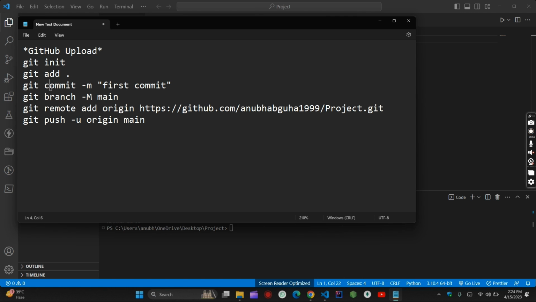Now we are doing the commit, and we say it as a first commit, and then we are assigning a branch. This one is a branch that we are assigning to the Git, and then we say that we have to add the origin of this path so that it can push its content to this path. Now we say at the last git push -u origin main, and this command will push every project,